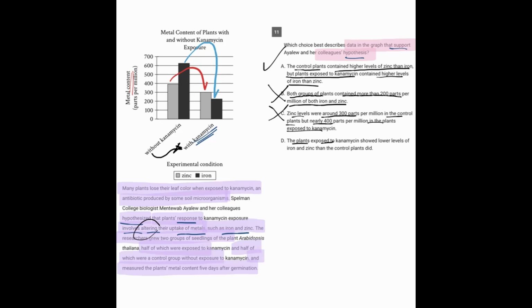D, the plants exposed to the chemical showed lower levels of iron and zinc than the control plants did. Well, that's perfect. Without that, maybe we would have picked A. But D shows the most dramatic thing about the results that supports the hypothesis, that both levels of metal uptake went down as a result of the exposure. So the answer here is definitely